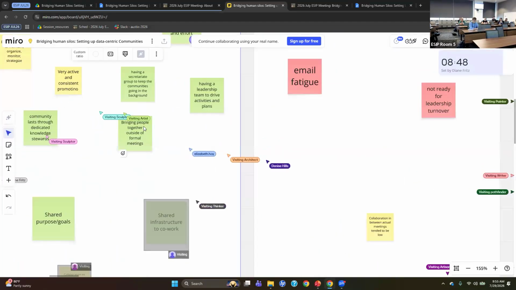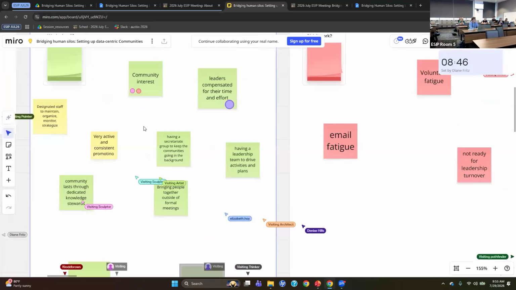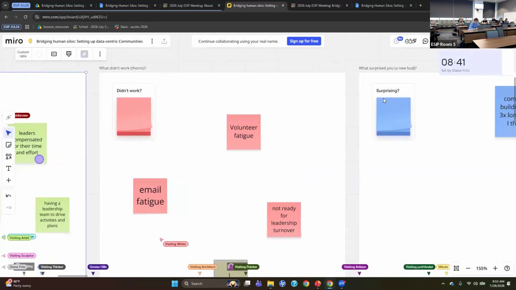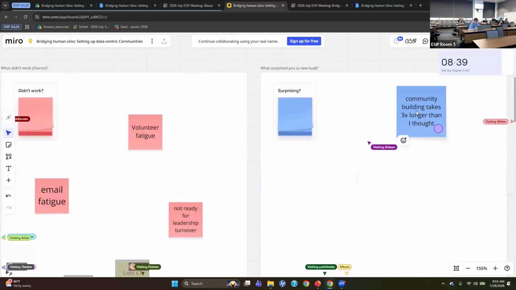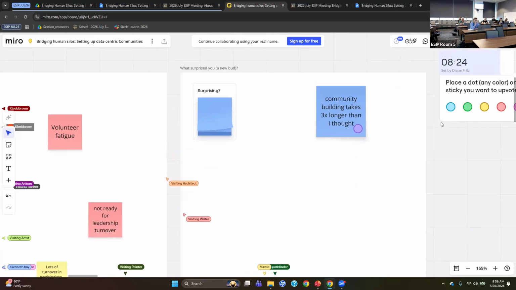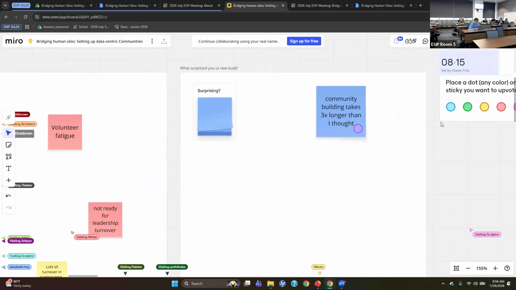Email fatigue, yeah. I see people already using it, but the dots on the side, could you tell us a little bit about those? They're optional. If you see one already in there that you were thinking as well, you can just put a dot on it so that we know, rather than duplicating that same idea. You can just say, you know what, I think this way too. It doesn't matter what color. No, I should have explained that. The dot colors don't really have meaning. It's the sticky note colors that are themed. But yeah, good question.